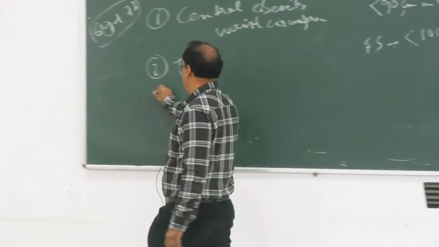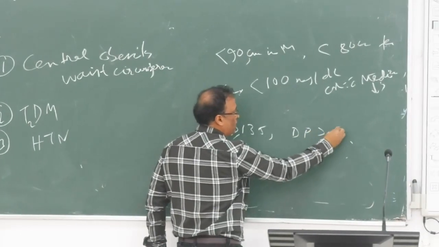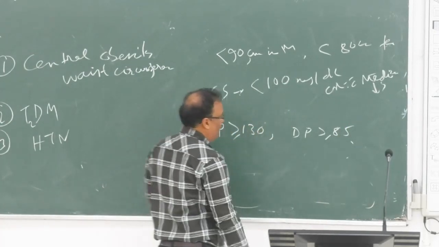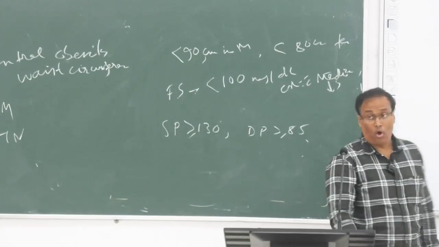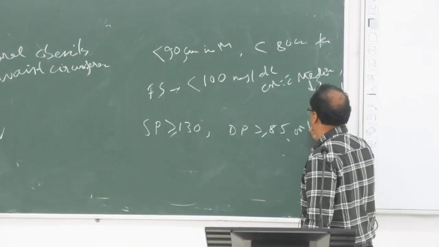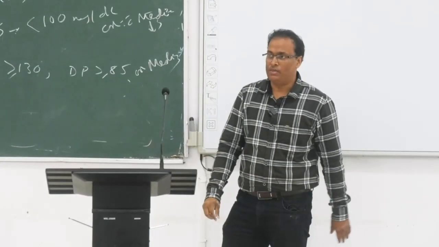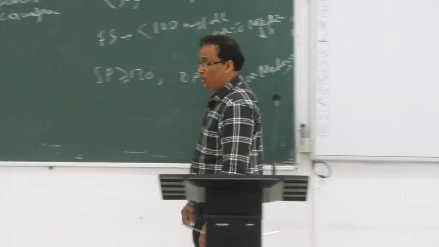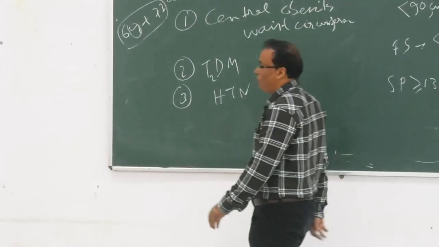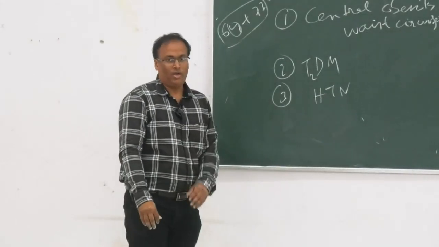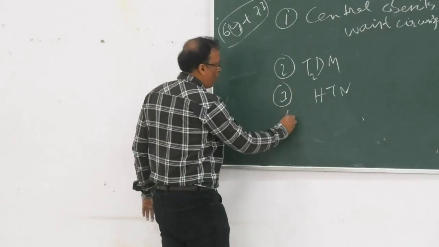Number 3, BP. You can say that it is 130 and this is 85, or hypertensive state. So central obesity, circumference, diabetes type 2 and the hypertension, already 3 points gone. Number 4,